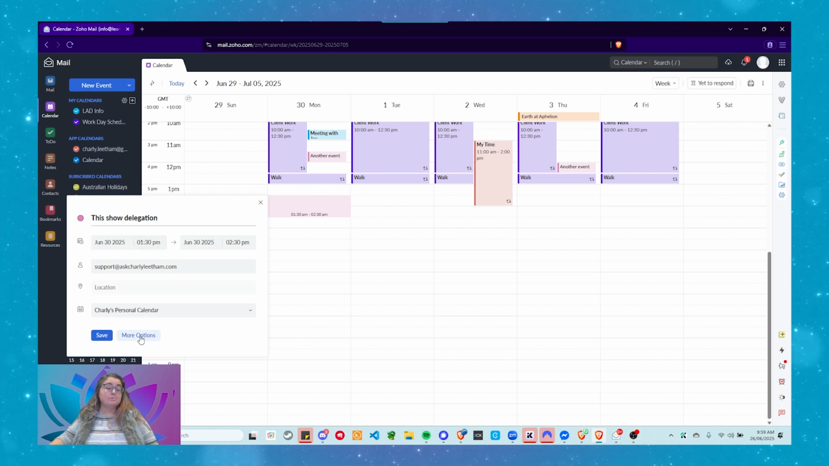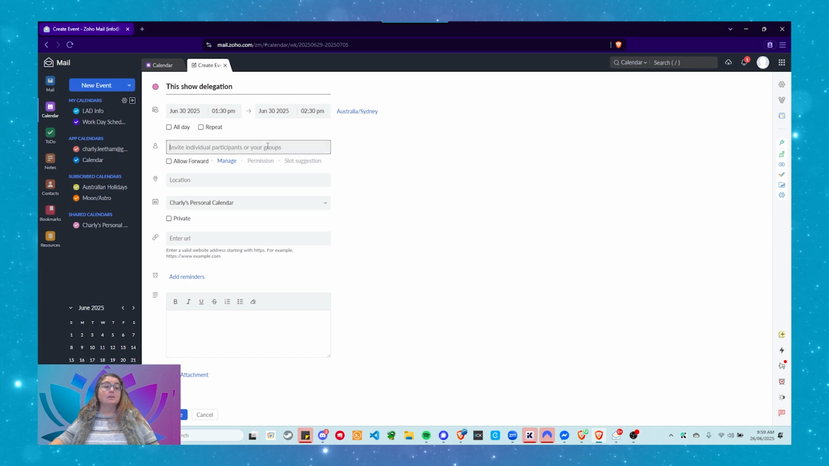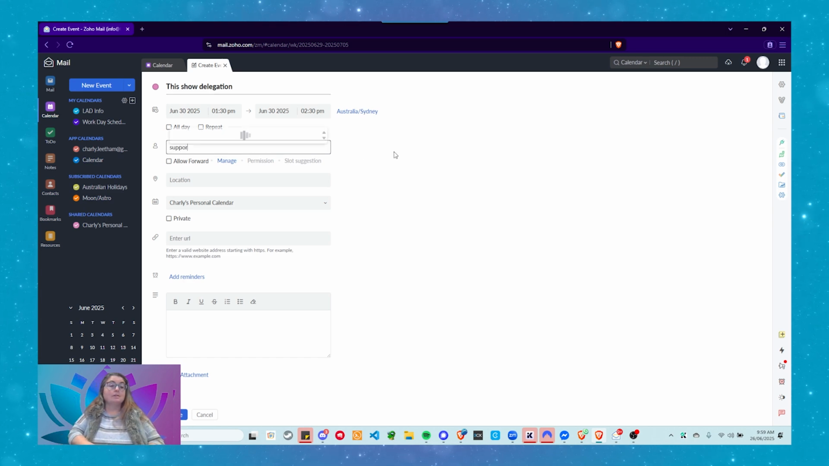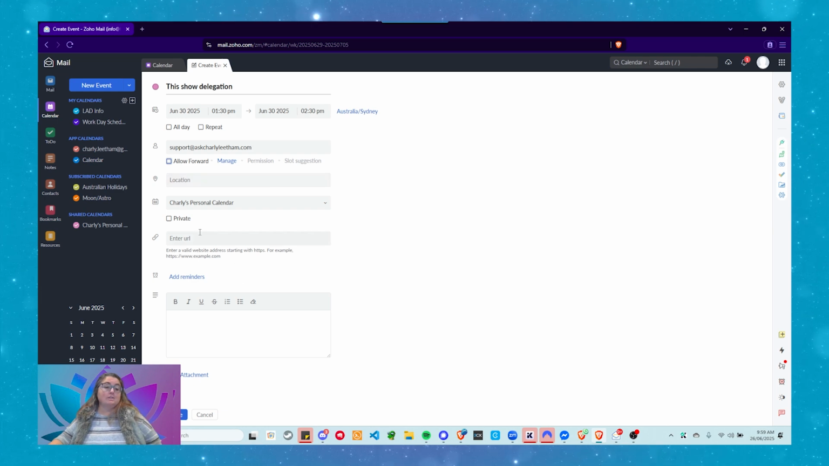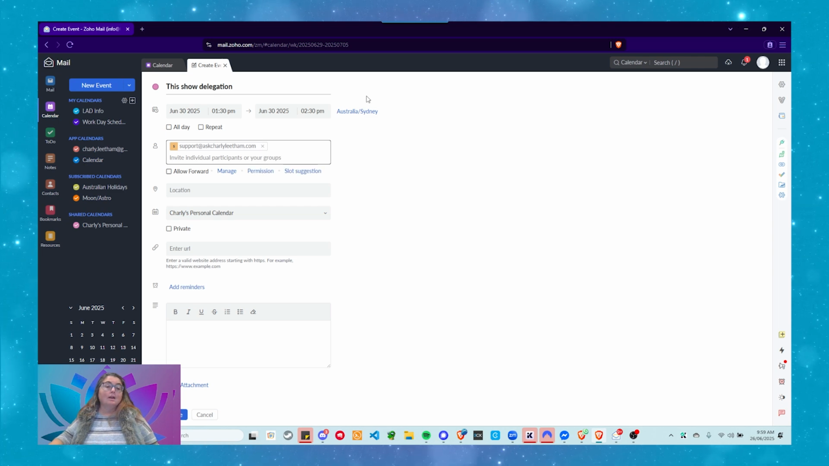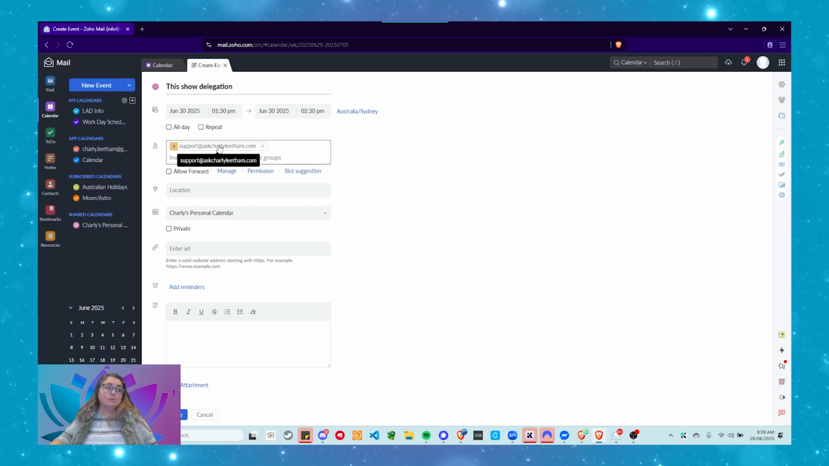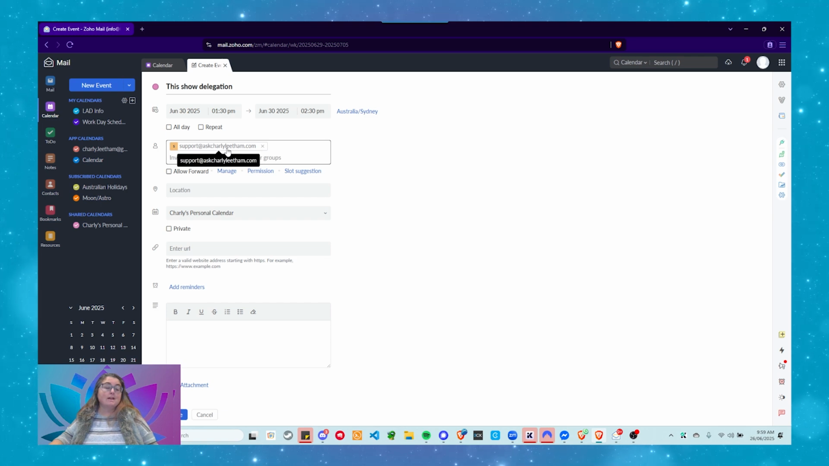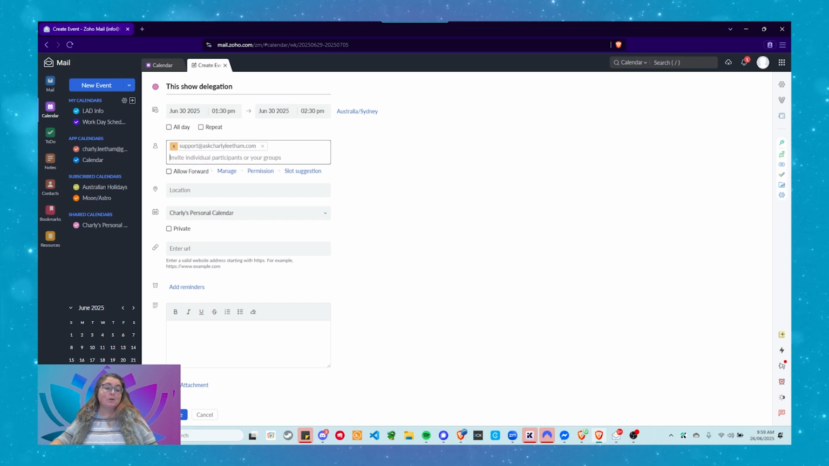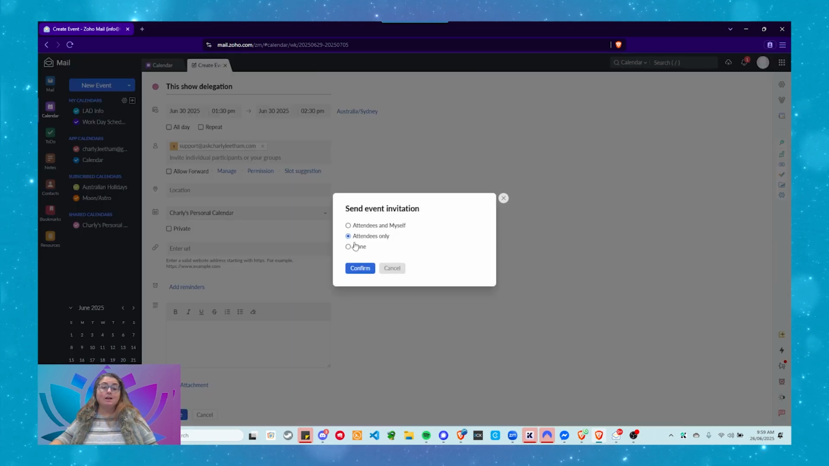If I click on more options, I didn't pick it up. That's my bad. I can choose locations. I can enter URLs. I can do all sorts of things here. And if I click save, I had to press enter. So don't just enter it, you've got to press enter after you've put the name in. So it's now picked it up as an email address to invite. If I click save,